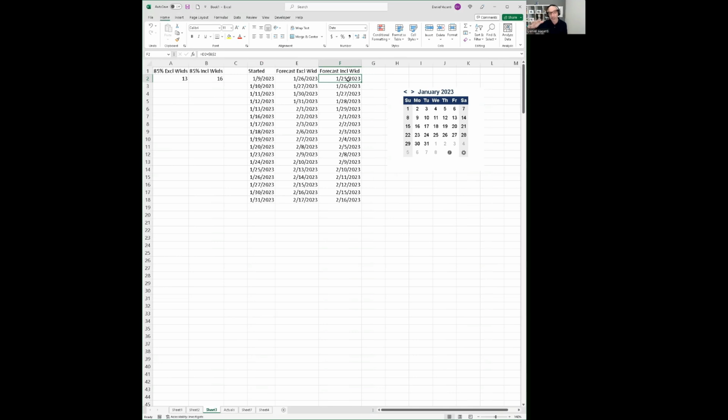So from a data perspective, does including weekends inflate cycle time numbers? The answer, according to this, and like I said, I encourage you to do this with your data, is actually quite the opposite. By excluding weekends, you're unnecessarily inflating your cycle time. And including weekends in your cycle time calculation gives you a much truer, a much clearer, and ultimately a much more predictable way of looking at your process.